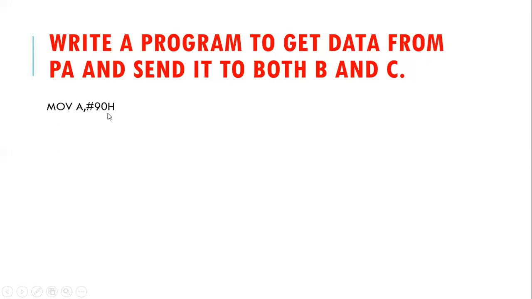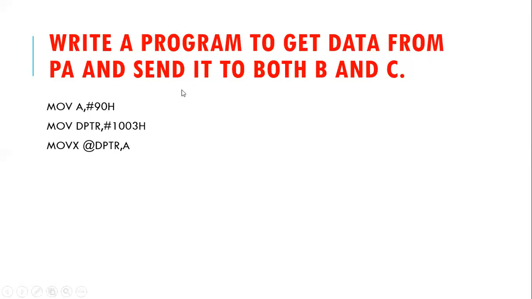Where should it be given? It should be given to the control register. What is the address of the control register? 1003. So 1003H is loaded into DPTR. So now DPTR is pointing to 1003. To the 1003H address, we write the value 90H. So one part is done. The next one is what?